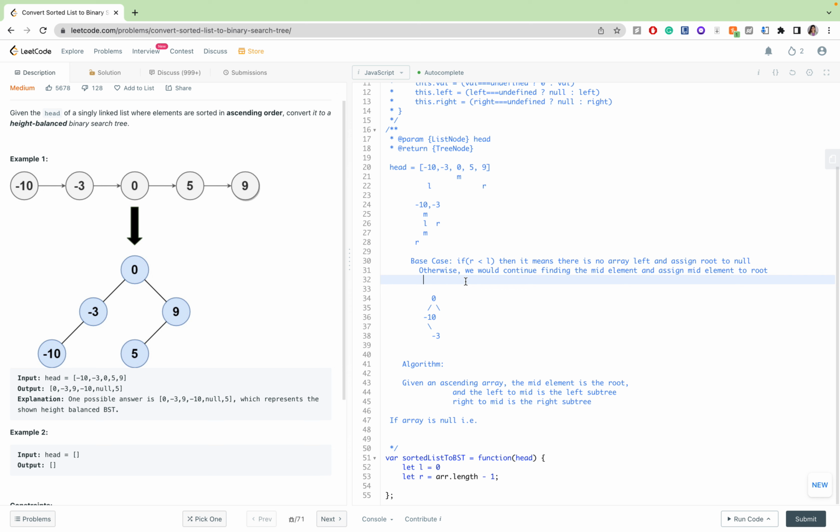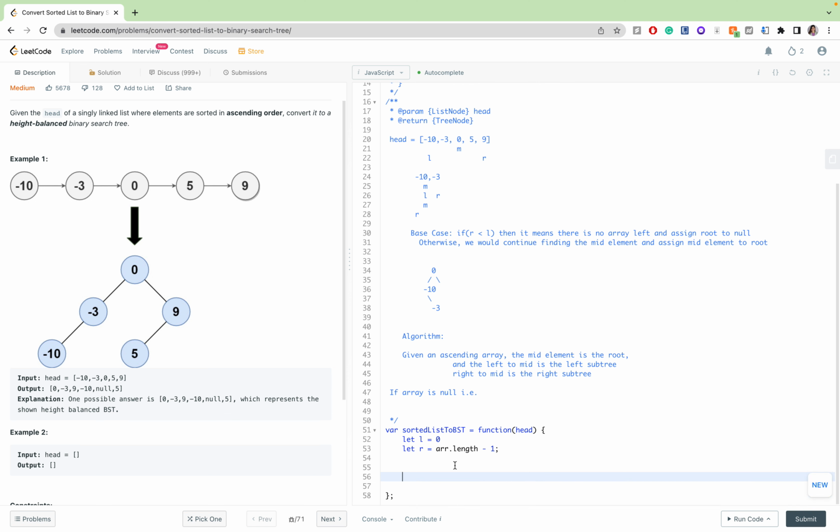Otherwise we would continue finding the mid element and assign the element to root. So yeah, that's it. This is the best case. Assign root to null. Okay. Let L is equal to 0, R is equal to array dot length minus 1, and